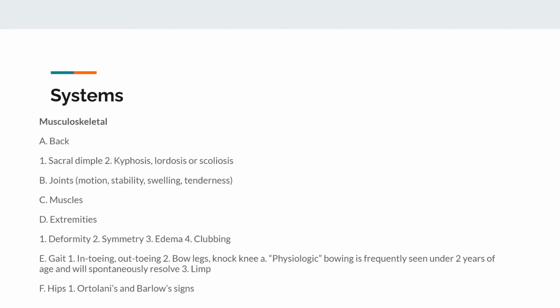Musculoskeletal, all of these things, give them a read. But what's very important to do is to check for the joints, and the hips maneuver is very important as well. Ortolani's and Barlow's sign, in the US and UK, but in your general examination, I would not do it right now. But you need to know what these are,